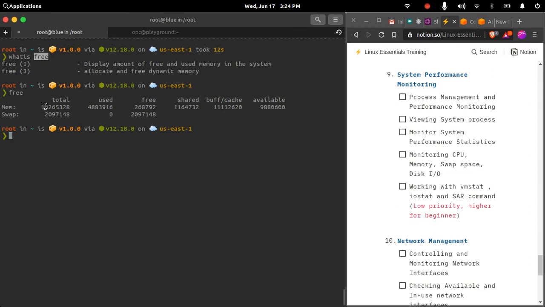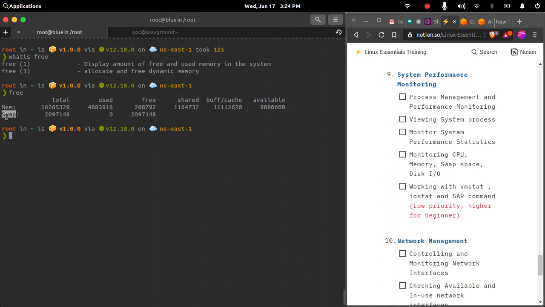In total I have 16 GB, of which 4 GB is being used and 2 GB is free, and the available memory is 9 GB, which is not being used. Then I have a cache of 10 to 11 GB, and these sections help you understand the current memory usage on your system.